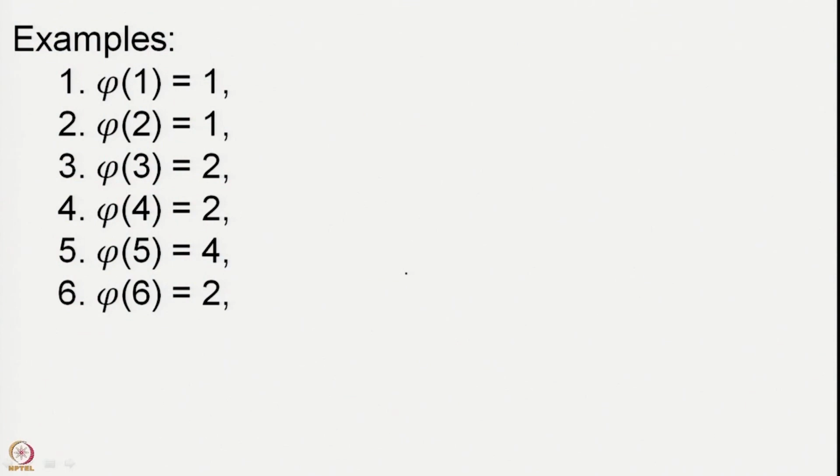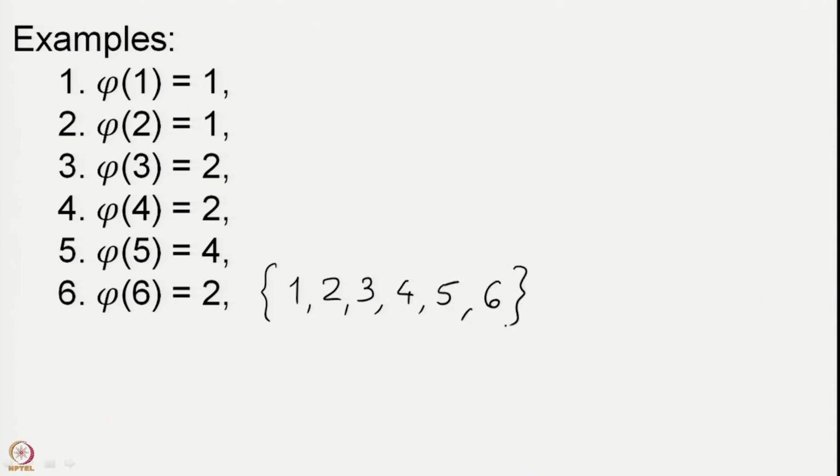5 is the thing that you will have to remove. So, you are left with 4 elements. So, phi of 5 is 4, and now brace yourself, phi of 6 is equal to 2. It is a smaller number than phi of 5. The sequence is not quite an increasing sequence. So, let us write all the numbers up to 6